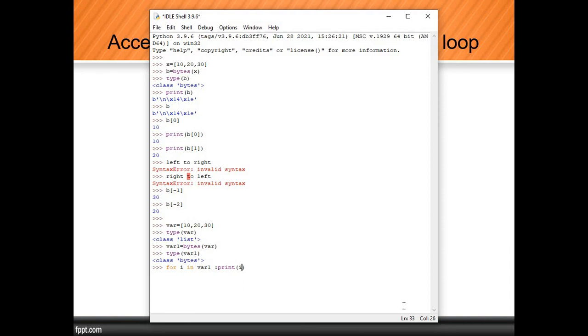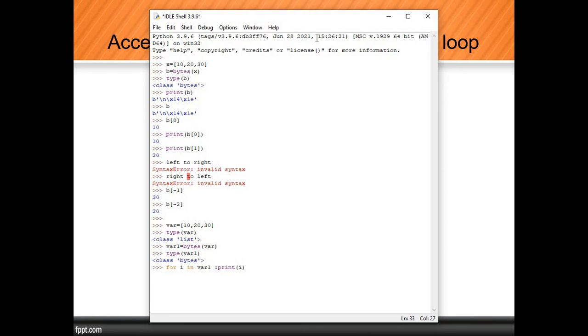While printing this information, the elements stored in the variable called var1 will be copied into i, and each iteration will print one. For example, 10 will be printed, 20 will be printed, 30. First of all var1 contains 10, so that will be stored in i and printed. Later the value will be incremented, 20 will be stored in i and printed. Again the value will be incremented, 30 will be stored in i, and again it will be printed.